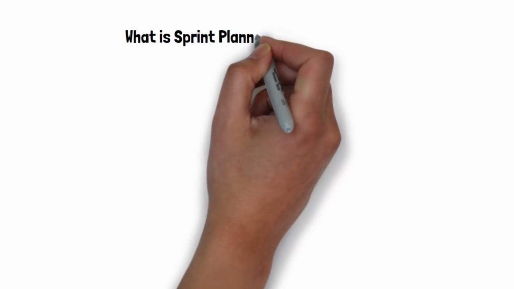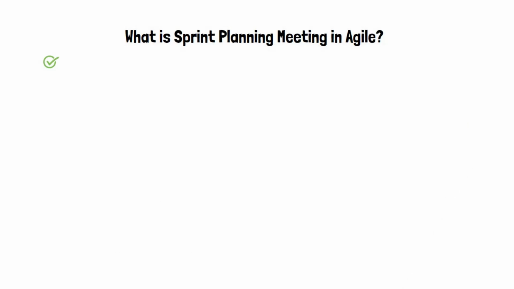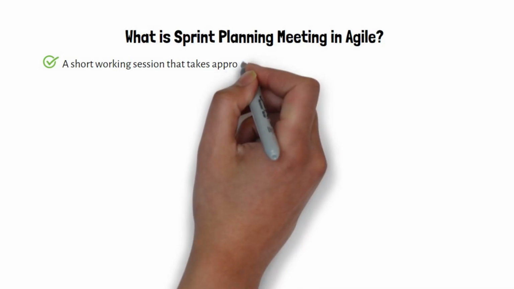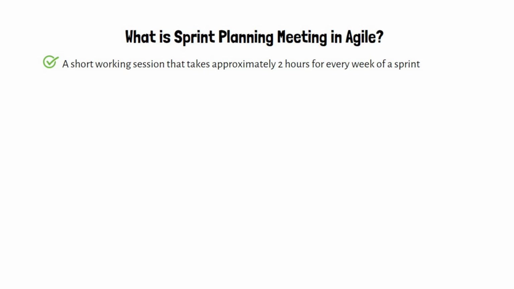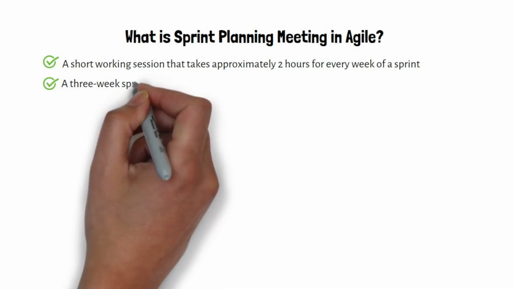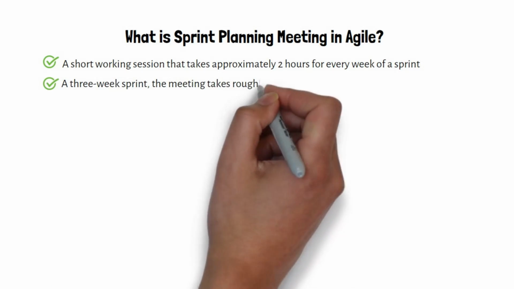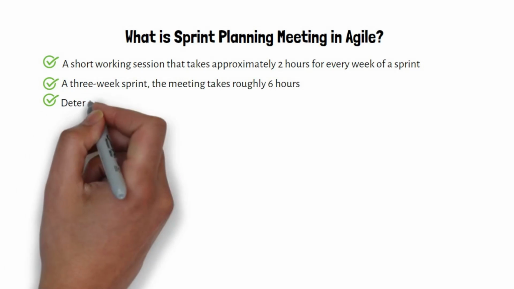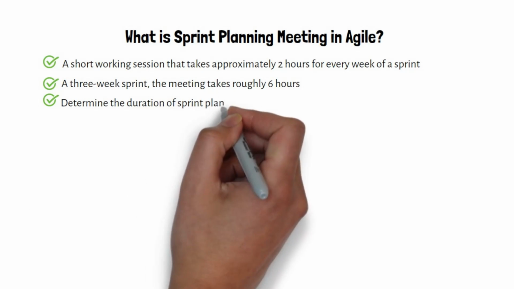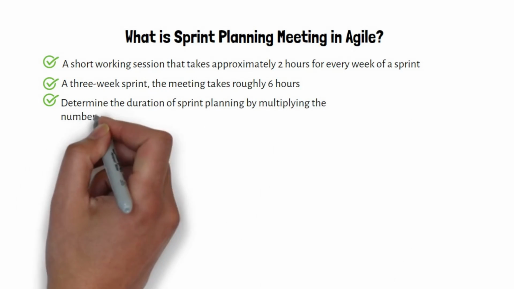What is a sprint planning meeting in Agile? Sprint planning is a short working session that takes approximately 2 hours for every week of a sprint. This means for a 3-week sprint, the meeting takes roughly 6 hours. In general, you can determine the duration of sprint planning by multiplying the number of weeks in your sprint by